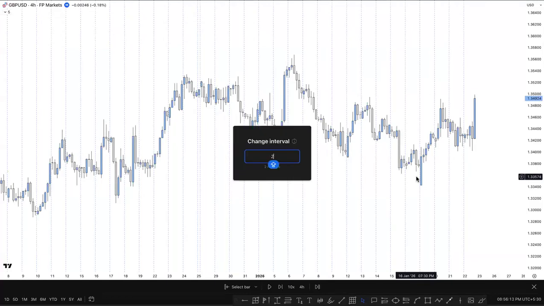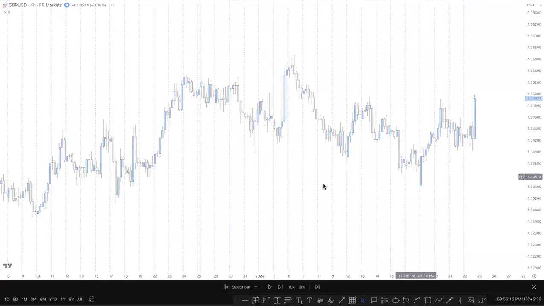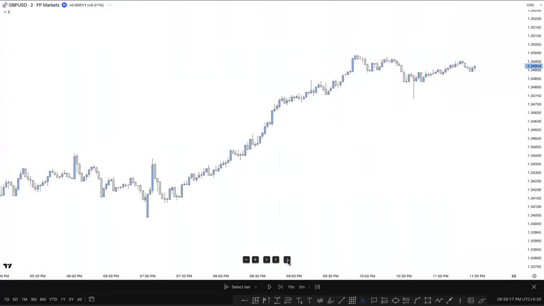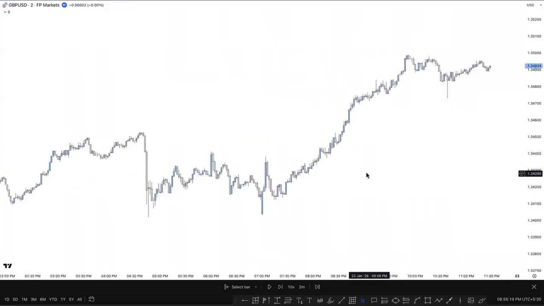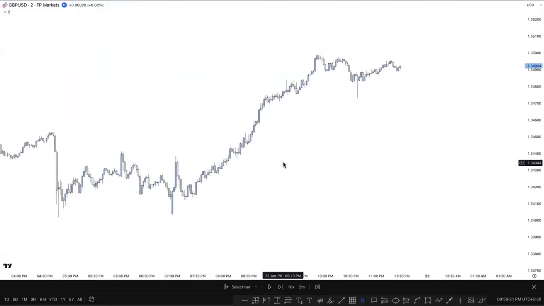Now I'm going to show you exactly what is happening in a 2 minute time frame and how we can take entry based on lower time frame structure. Okay, can we use the 3 minute time frame? Of course, we can use 3 minute, and you can also use 1 minute time frame. There is no fixed rule to use a 2 minute time frame, but I use 2 minute